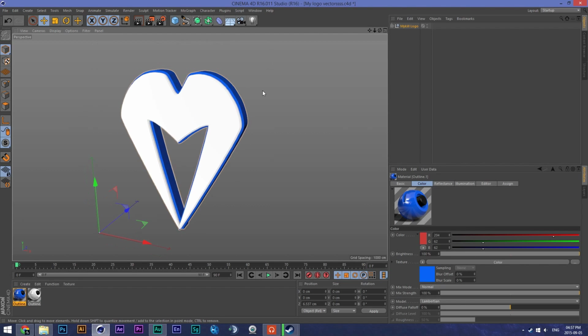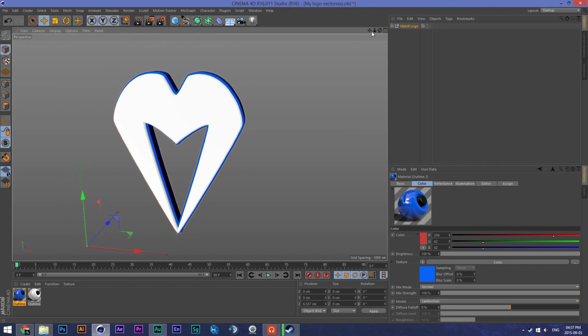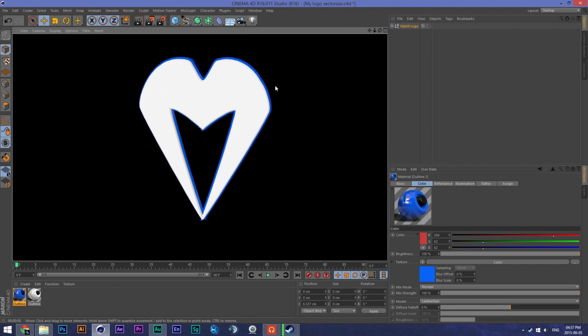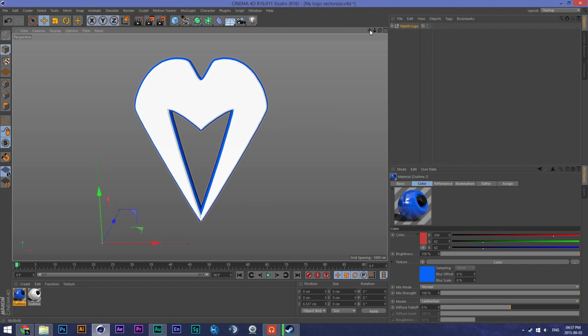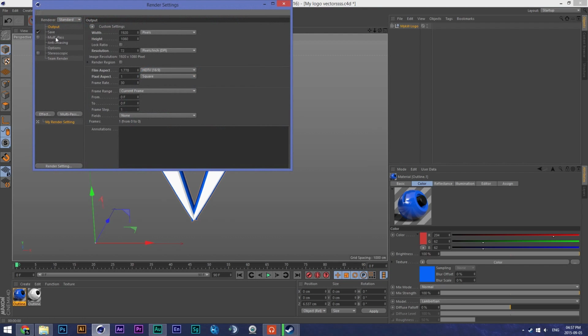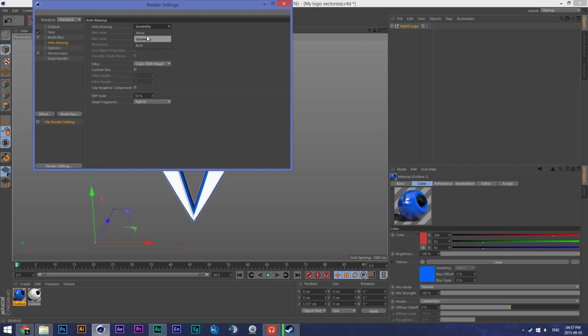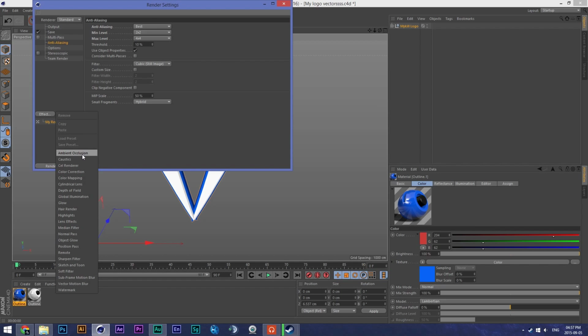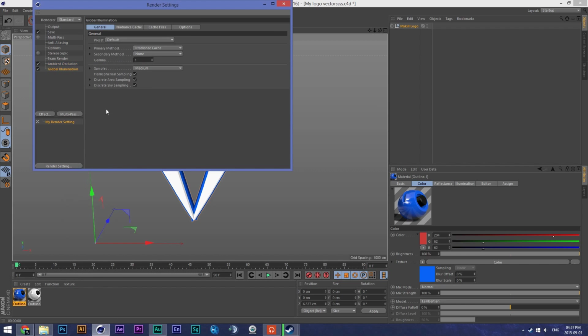So yeah. And then to make the effect look really nice, because this is very dull right now. As you can see, it looks really bad. To make it look really nice, let me just check these. I'm going to go to anti-aliasing. I'll make this best. 2 times 2 and 4 is fine, and then I will add ambient occlusion and global